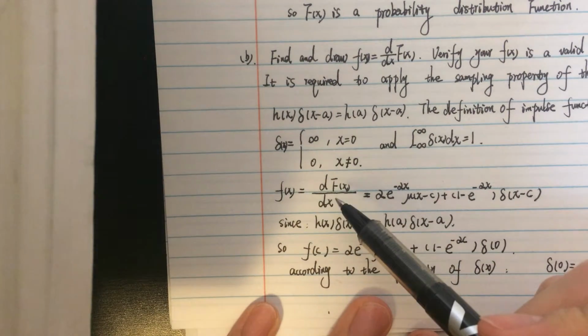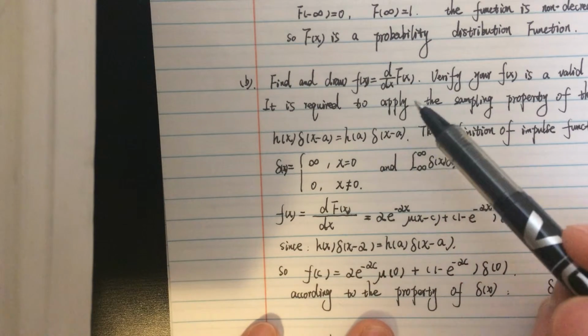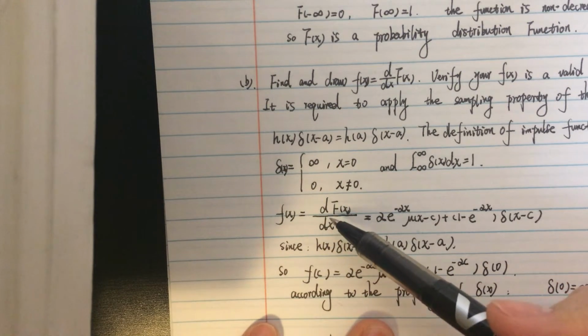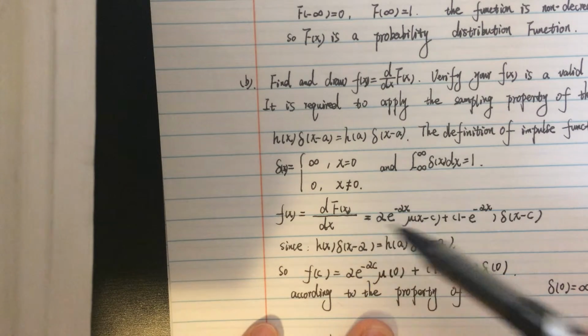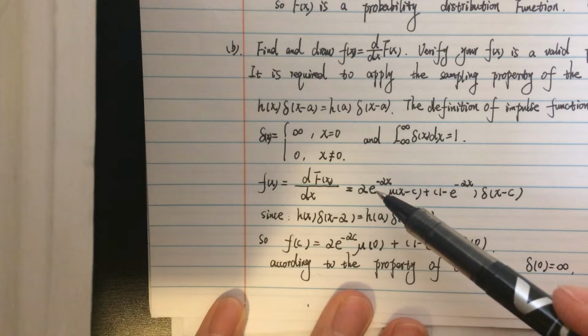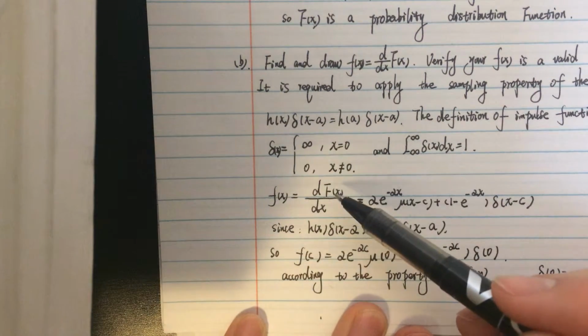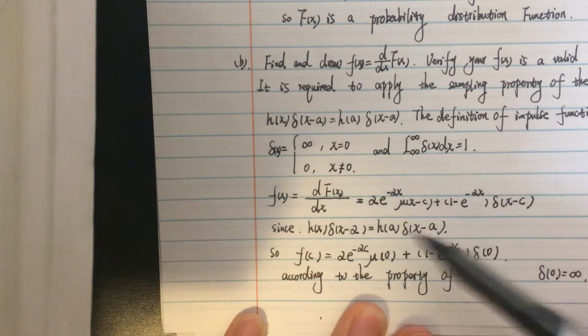As the title has shown, f(x) equals dF(x) over dx, and after differentiating F(x), we get